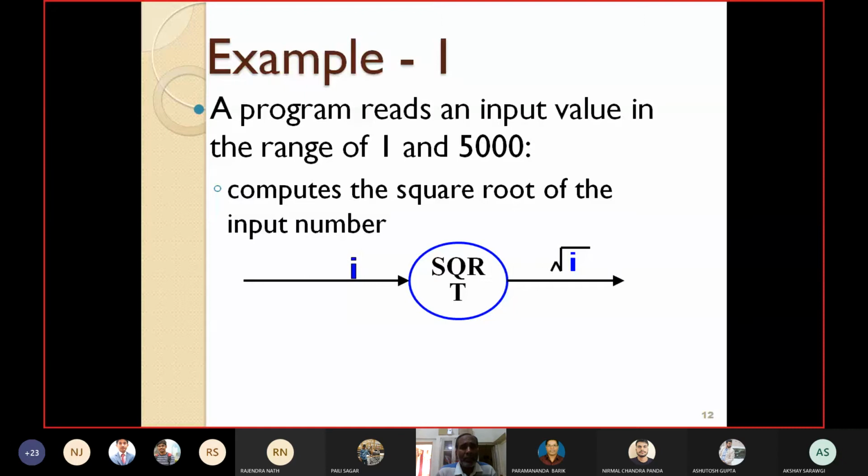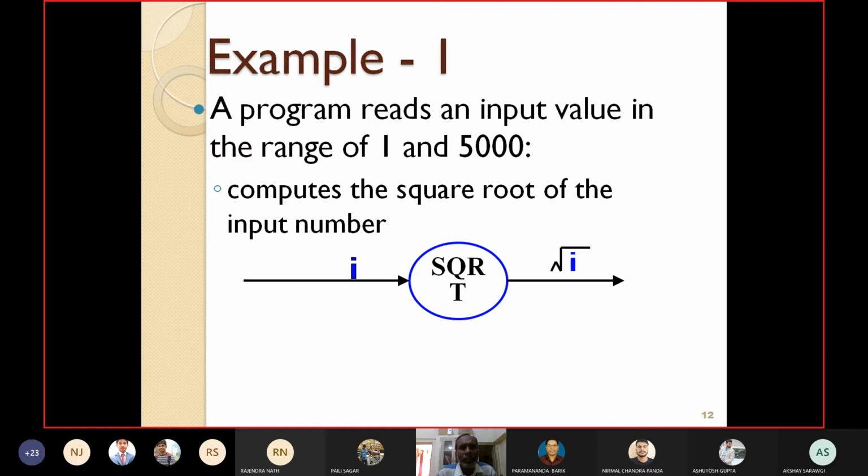I am again repeating here, a test case is a triplet I, S, O, where I is input, S is state, and O is expected output. In these types of problems, the state is not important, that means the state remains the same, so I can drop that one. Only two things I have to consider, input and output. And the expected output you already know is fixed, so in some cases you can drop that as well. The important thing to consider is the input. Roughly speaking, a test case here means the input that you have to supply. That is the test case you have to design here.